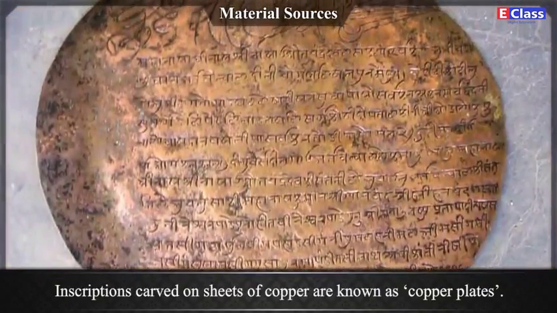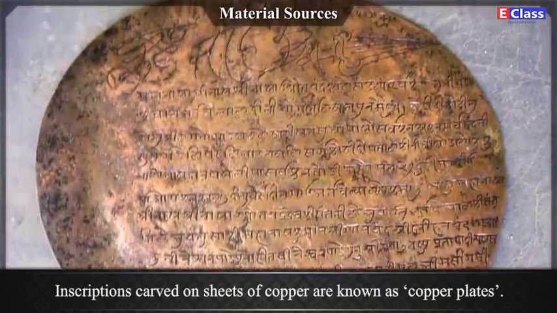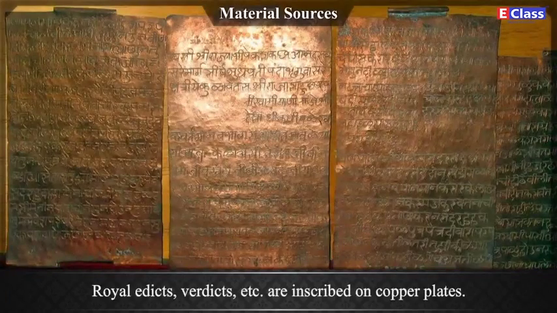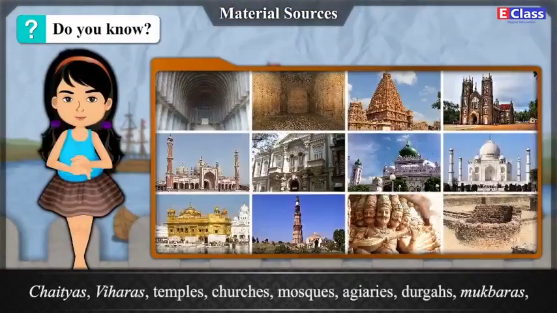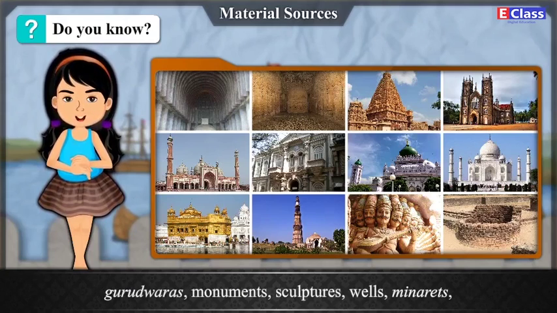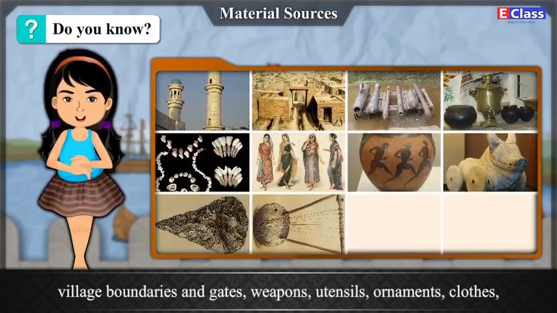Inscriptions carved on sheets of copper are known as copper plates. Royal edicts, verdicts, etc. are inscribed on copper plates. Do you know? Chaityas, viharas, temples, churches, mosques, agyaris, dargahs, maqbaras, gurudwaras, monuments, sculptures, wells, minarets, village boundaries and gates,